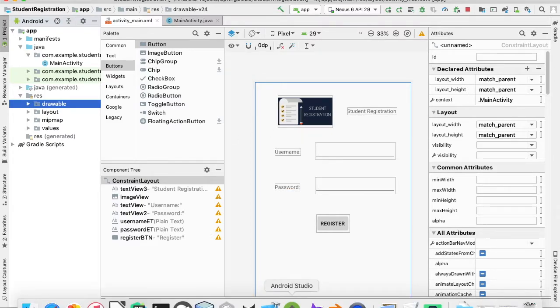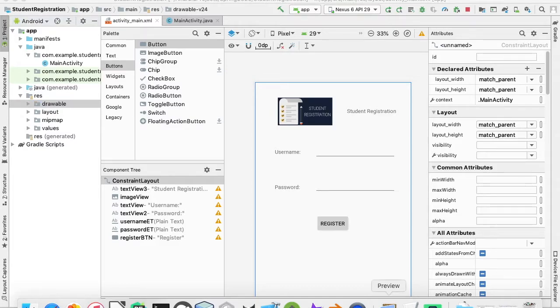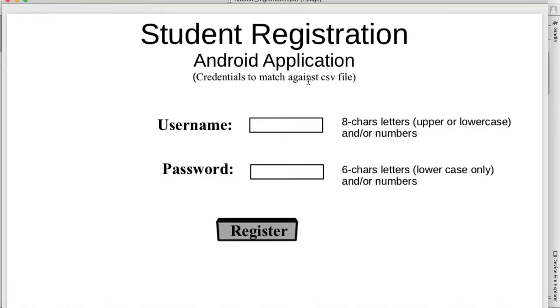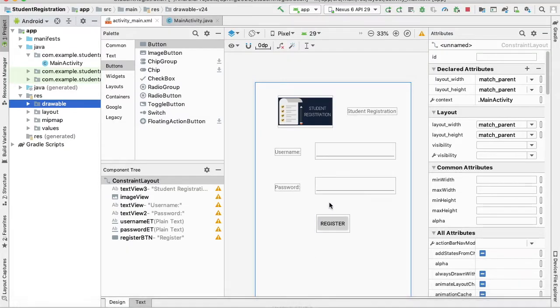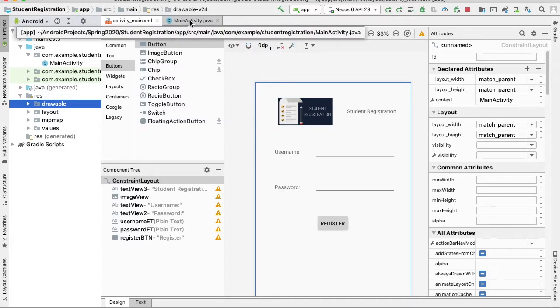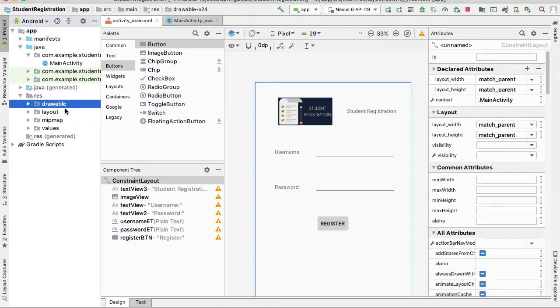So here's the layout. The layout is the way I want, because it just duplicates that page that I showed you here, right? So this is the page, or the screen, that I want to replicate. It's done here. Before we jump into the Java program, we need to do one thing here, because we